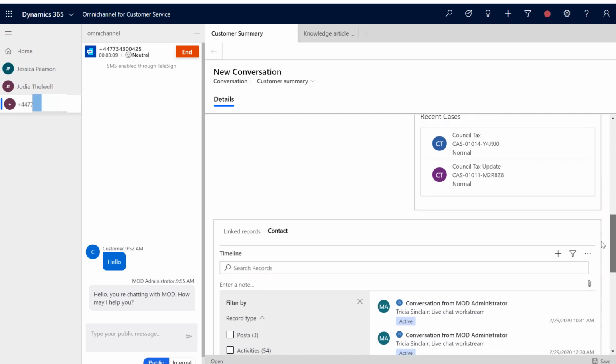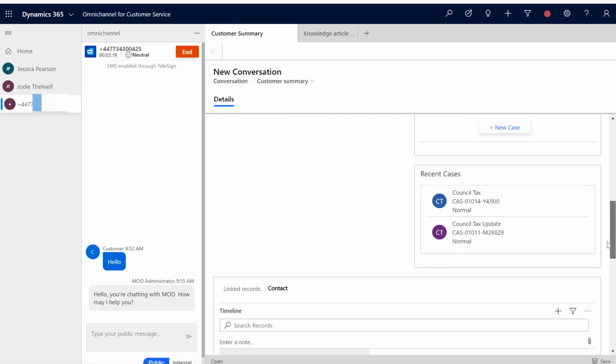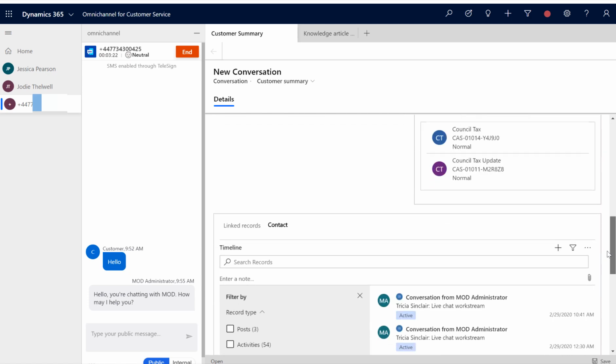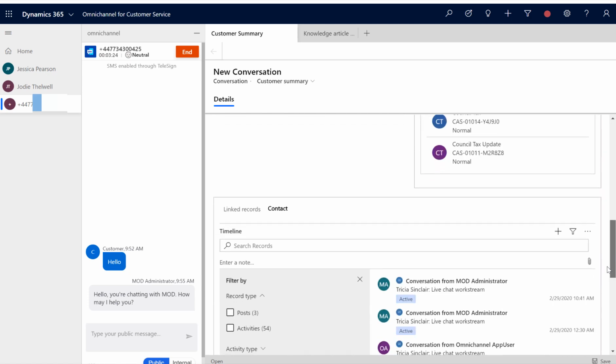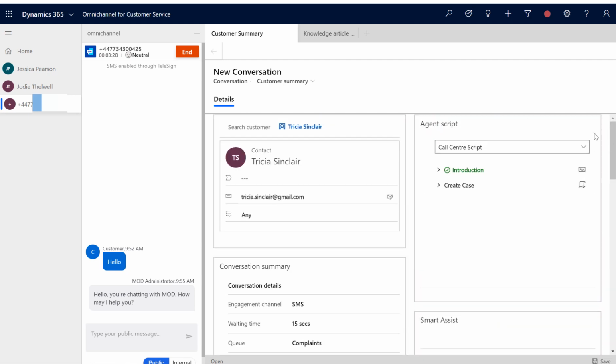And as I mentioned, the conversation form is customizable. What is not customizable is the conversation timeline, which is this conversation timeline. This cannot be customized at this present point in time. With SMS messages, obviously, it can go over a series of days.